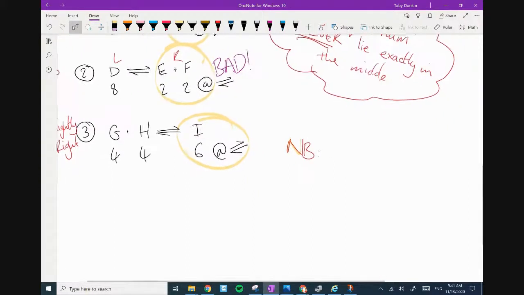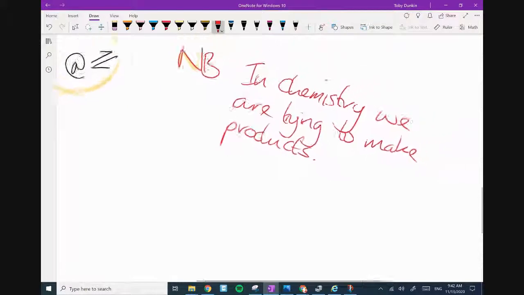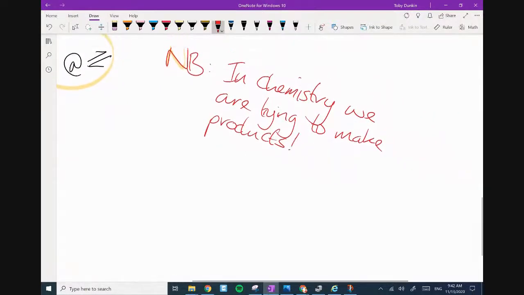Nota bene. In chemistry, we are trying to make products. Bullet point number 1. Lying equilibriums